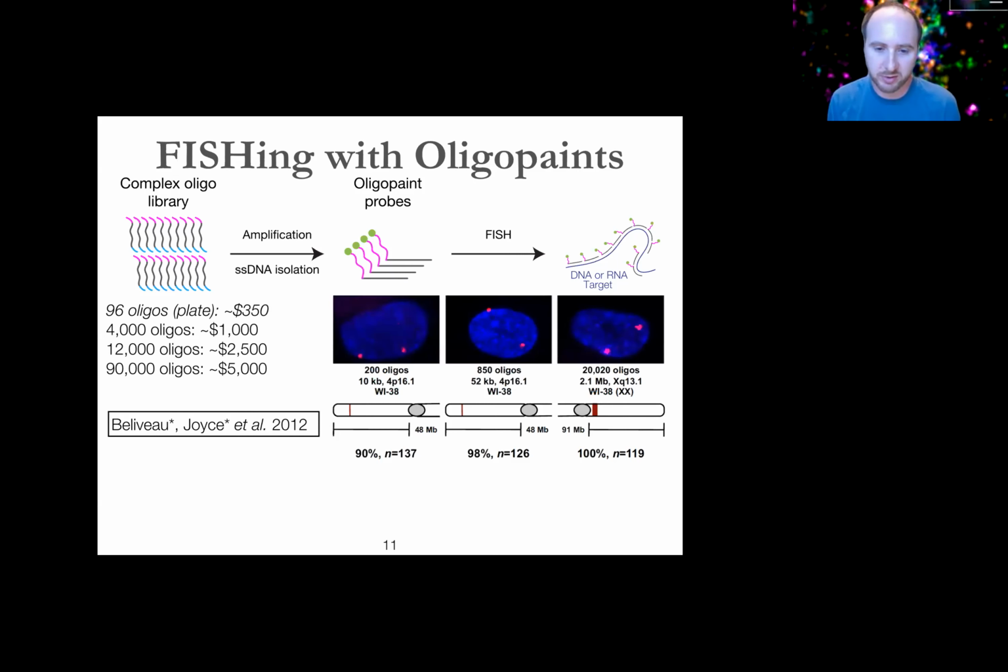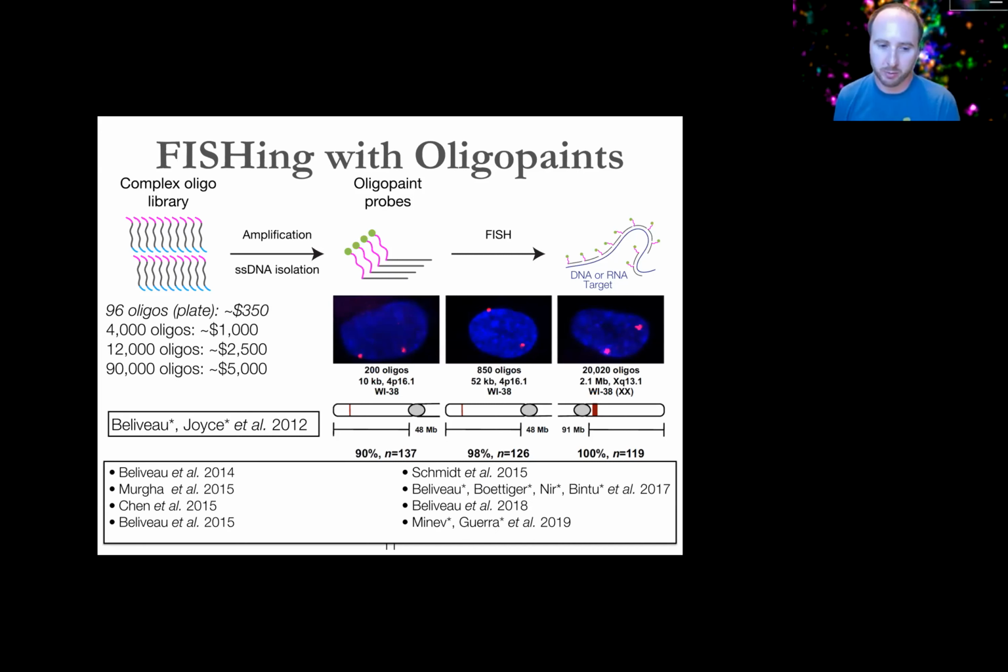So we can do things, for instance, like quantifying our efficiency of labeling chromosomal DNA at targets ranging from 10 kilobases up to multiple megabases. And we see generally on the order of 90% or more of cells displaying 1 or 2 foci, which is great. So that tells us that we're doing a very good job of interrogating the DNA that we're trying to target in our sample. And these data themselves are quite old. So we and others have made a lot of updates to the molecular biology and FISH protocols aspect of this. So I think right now it's fair to say that this is a pretty workhorse and routine technique that's being used by a lot of groups.